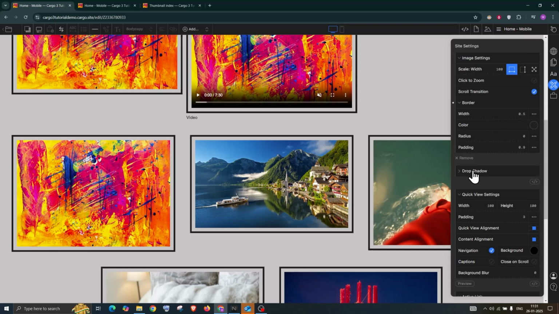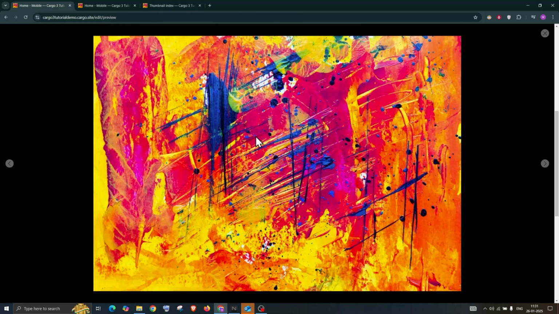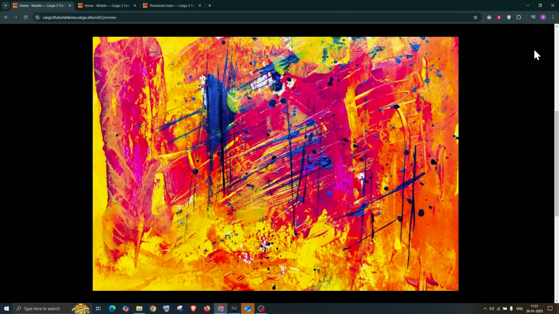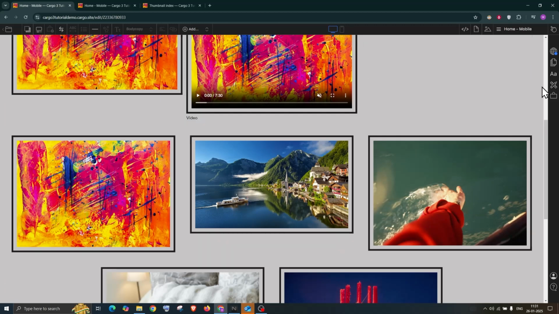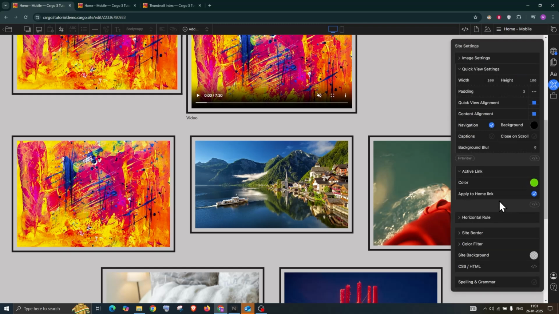So if I enable the click to zoom, and then we have a preview draft. So this is basically the quick view settings. You can customize it as per your need as well. From here you can customize it. Simply go here, go to the quick view settings, and after that